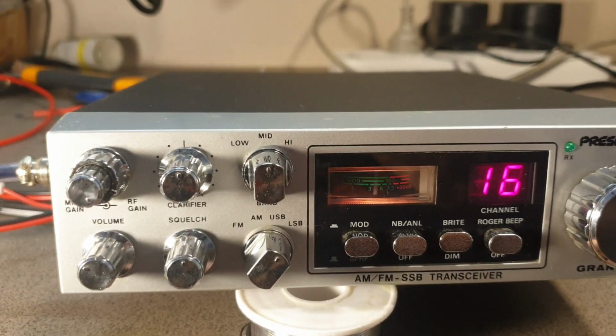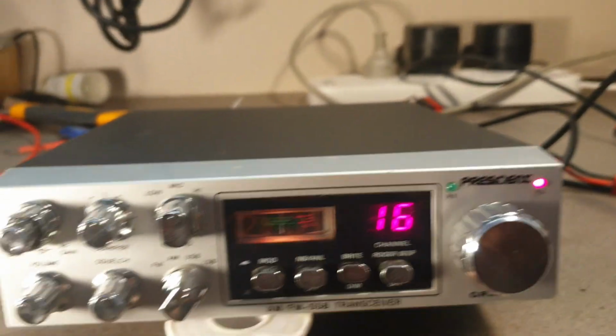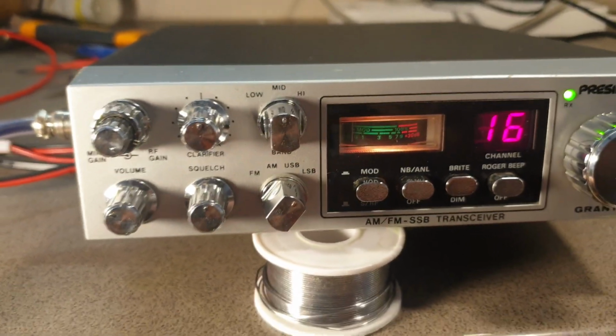1, 2, 3, 4, 5. 1, 2. 1, 2, 3, 4, 5. Hello test. 1, 2. Just it draws a bit of current, I think. Hello. 1, 2, 3. 1, 2, 3, 4, 5. Yep. That's obviously it's doing about 20 watts. I could just see